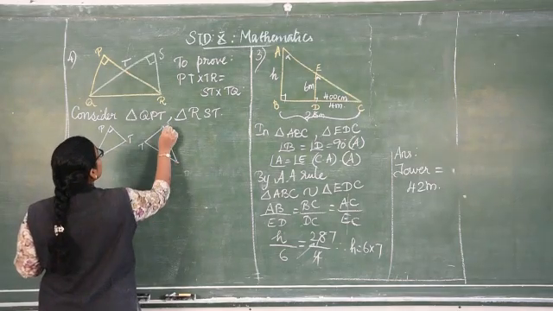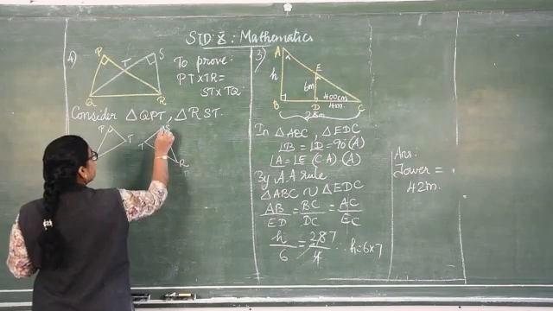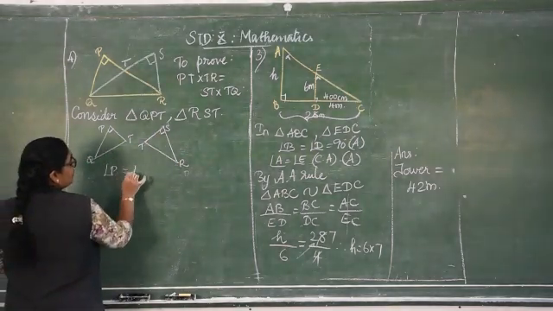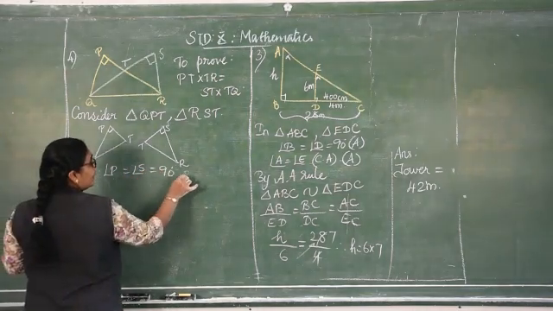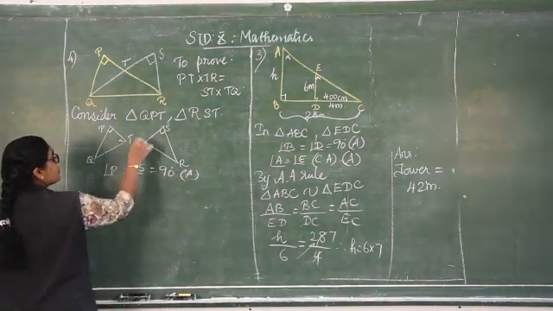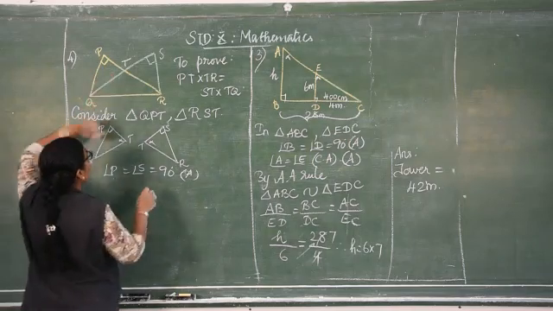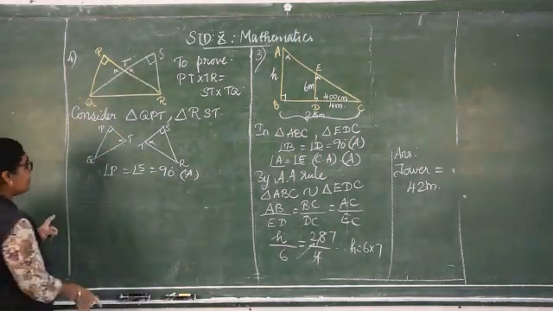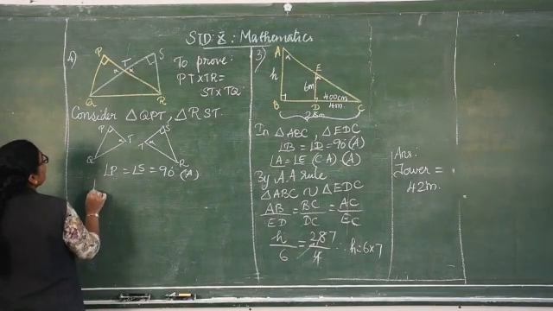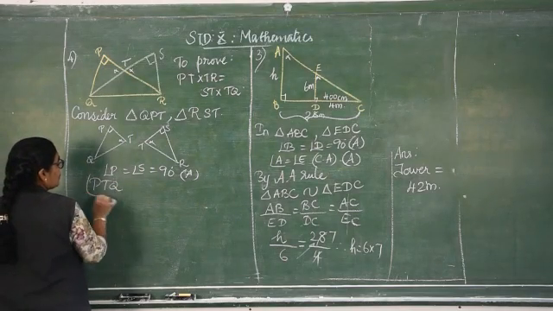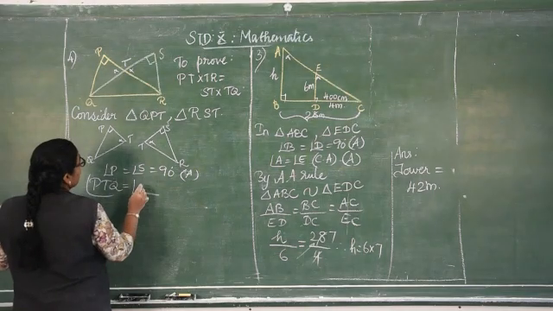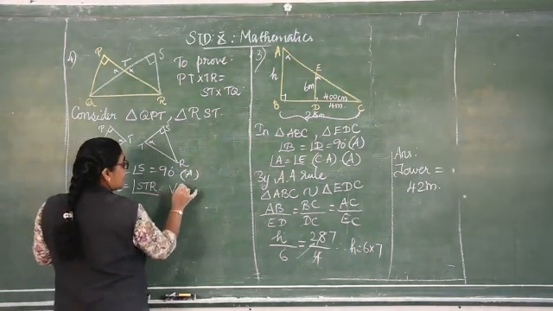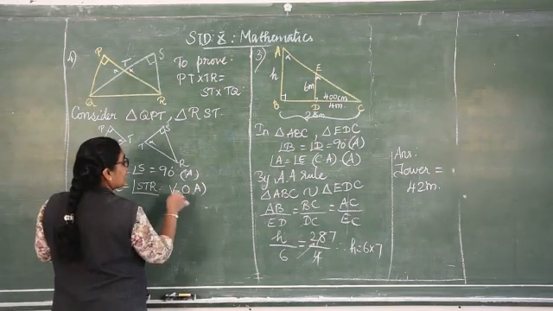This is T, this is S and this is R. Okay. So, measure of angle P is equal to measure of angle S is equal to 90 degrees. And these two, can you see these two now from the triangle? What we will say is vertically opposite angles. So we will be writing angle PTQ is equal to angle STR, which is vertically opposite angles are equal.